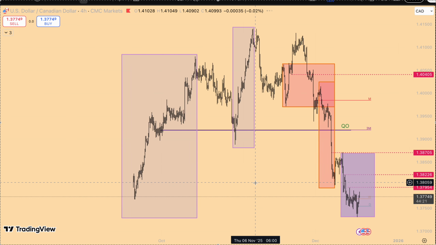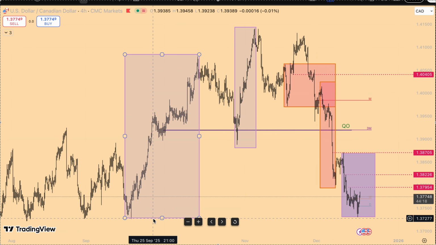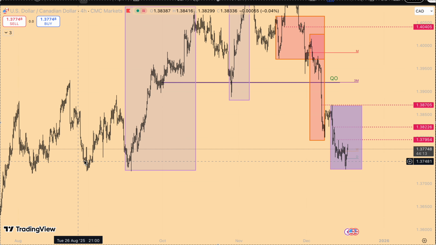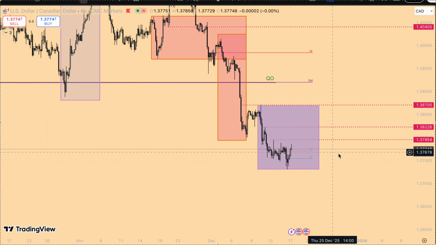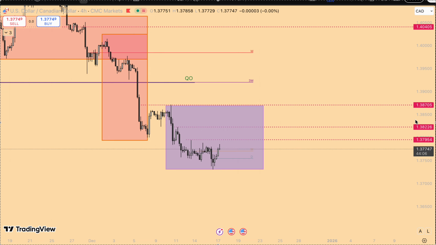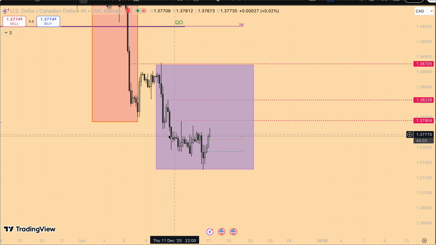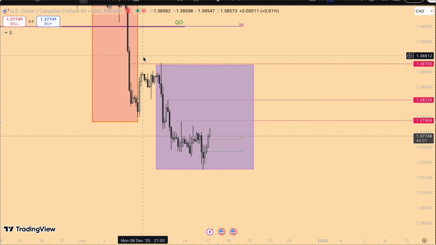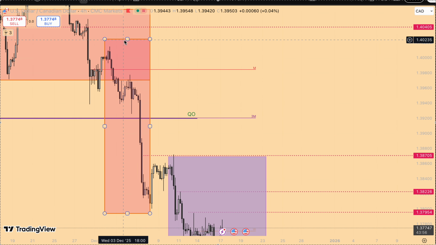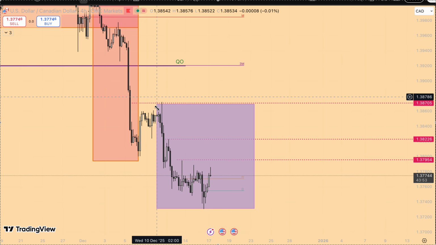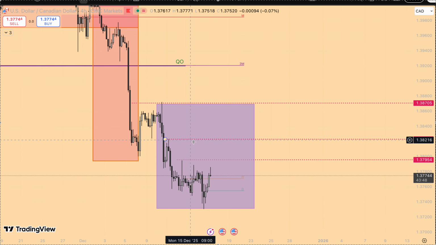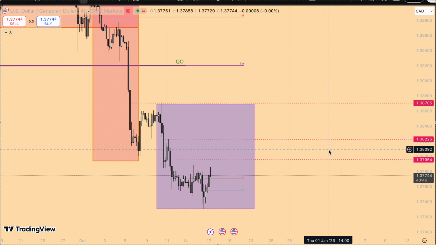With USD CAD, guys, we've come into this low. We've grabbed this low. I still expect perhaps lower prices. Maybe we grab this one and this one, or even this one might be enough to start pushing the market up higher. But let's see. I'm not looking for any longs from here. I'm looking for shorts, but I'm looking for shorts after we've grabbed some highs, because we've left a lot of highs behind here, here. So as you can see here, we have these big swings, and now here we're moving slower and a bit choppier. So you want those highs to be grabbed, and then from there you can start looking for those shorts.